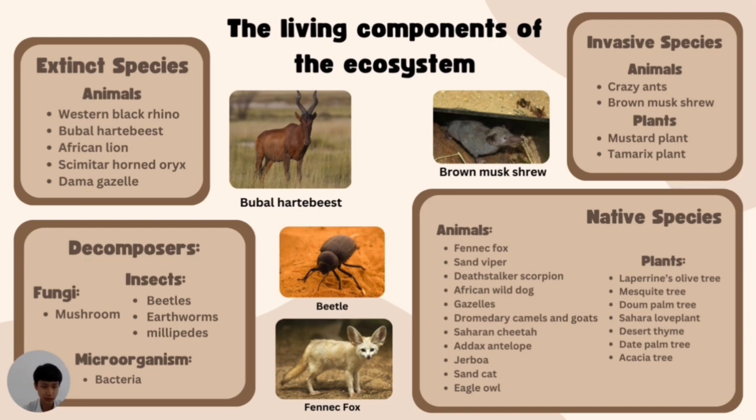And for the fungi, it's mushrooms. And for the microorganisms, it's bacteria. Invasive species animals: crazy ant and brown mushroom. And for the plants: mustard plants and tamarisk plants. And for the native species animals: fennec fox, sandpiper, deathstalker scorpion, African wild dog, gazelle, dromedary camels, and goats,